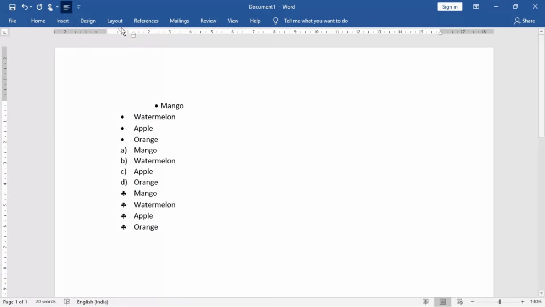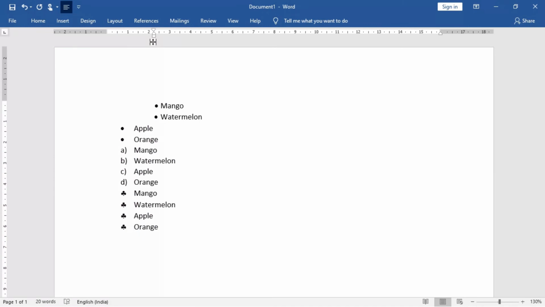Similar things can happen out here. You can put it out here, so it will be like this. The bullets will come in this way. So you can rearrange the bullet by indenting also in this way. Fine, so this is all about the bullets. Nothing much is there in this case.